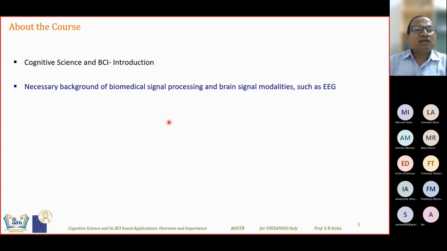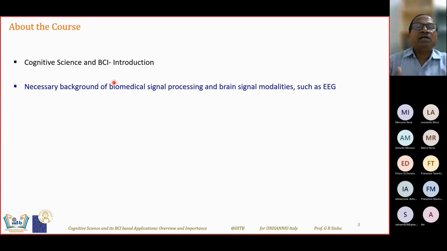And then next is the necessary background of biomedical signal processing and brain signal modalities such as EEG. Because see, cognitive science is a broad area. I will tell you later. It does not only talk about the brain. Remember, the brain is always involved. But biomedical signal processing, especially in healthcare, especially in brain disease and disorder, is very useful,